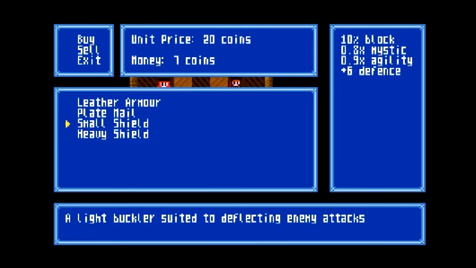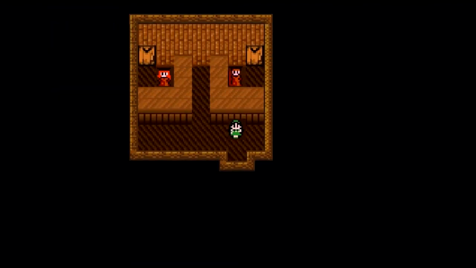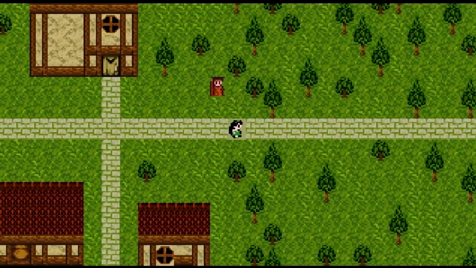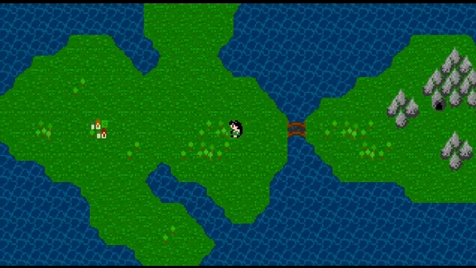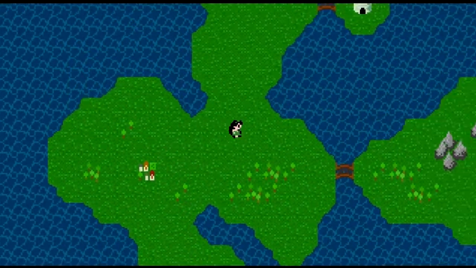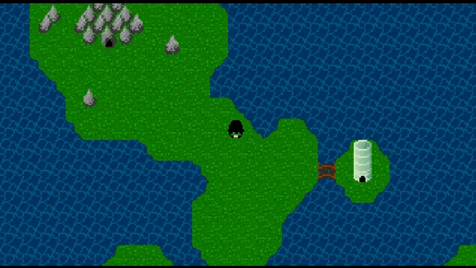So there's also a small shield and a heavy shield. Now I don't have a shield yet, so what I'm going to do is I'm going to, off screen, grind up a few levels. Now let's see if we can actually get into encounters on the overworld yet here. I don't think so. Okay, so we can't really get into encounters quite yet until we